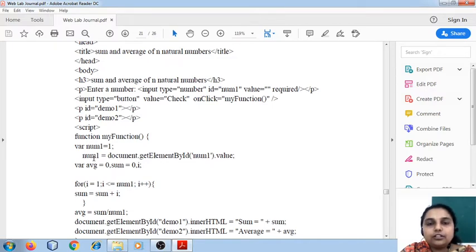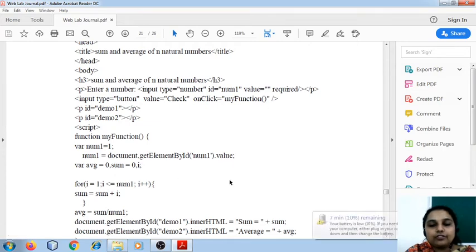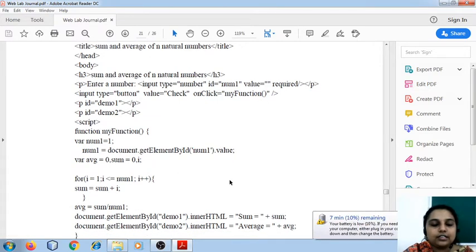So we are going to use the for loop. For I equal to 1 till the number specified by the user, you just go on adding it. So we have written sum is equal to sum plus I, the counter, and the sum is initially initialized to 0. Average we calculate by sum divided by whatever number the user has entered, which gives us the average for the n natural numbers.